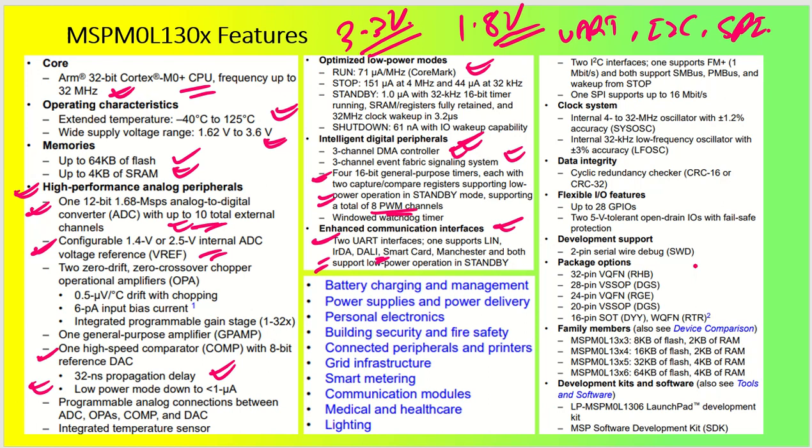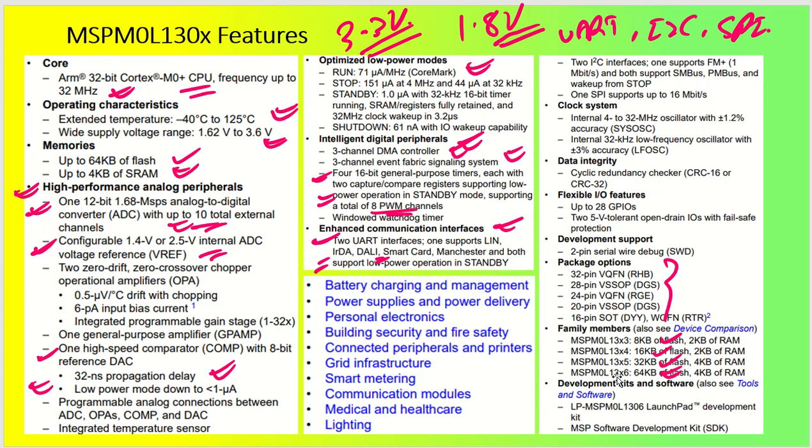So basically the programming will be SWD programming with just a 2-pin serial wire, and as we have already seen and will see later as well, we have a 32-pin package, 28-pin package, 24-pin package, 20-pin package and 16-pin package. Okay, so our concentration is on the 32-pin VQFN package. All right, now if you can see the family members, the family members are MSPM0L13X3. Okay, so this is going to have around 8 kB flash, and 04 is going to have 16, and 05 is 32 kB, and 06 is going to have 64 kB.